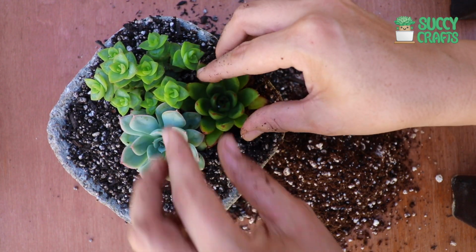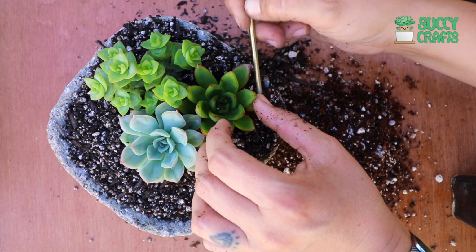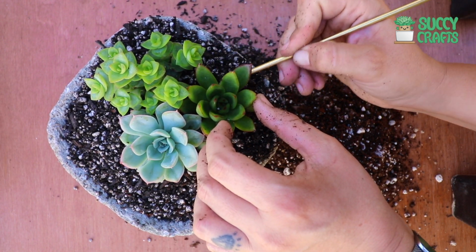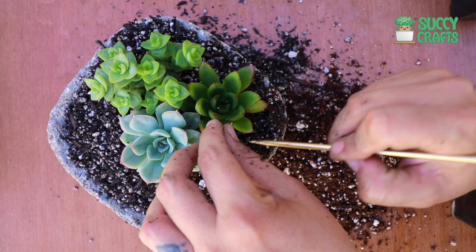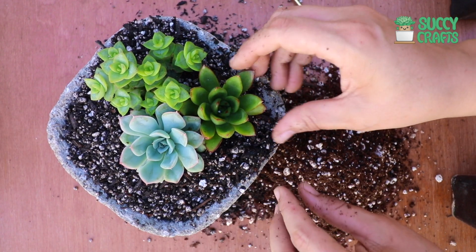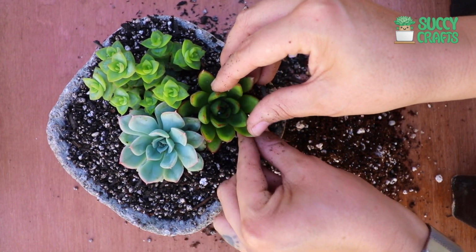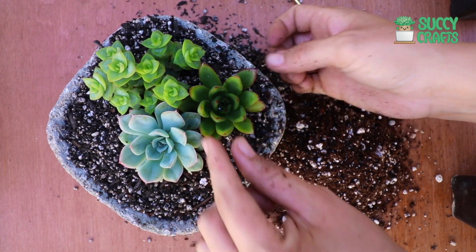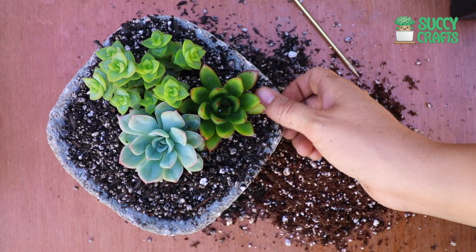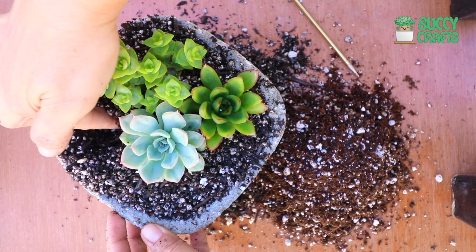Okay, nestle it right there. I'm going to grab my knitting needle. I'm going to make sure that all those roots are in there. Okay. Press that soil down. Okay. Perfect. Ooh. And now I'm going to make my other well across the way here